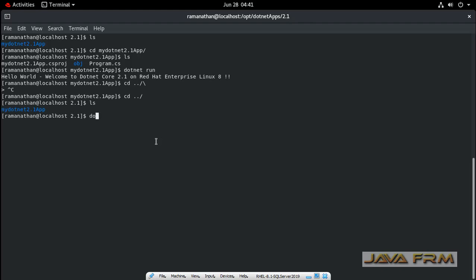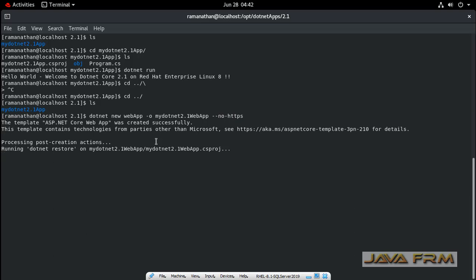Okay, now back to the .NET apps/2.1 directory. Now I am going to create one simple web application. So this simple web application contains ASP.NET Core files. So this is the command used to create a simple web application without SSL.